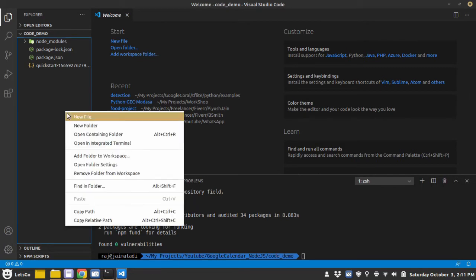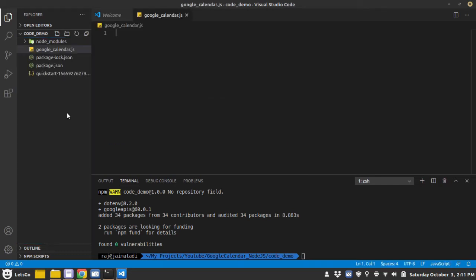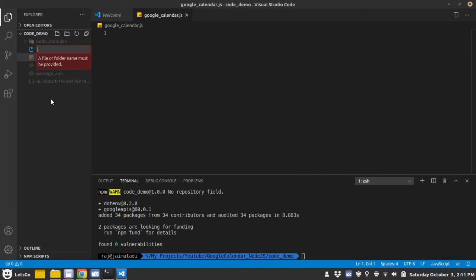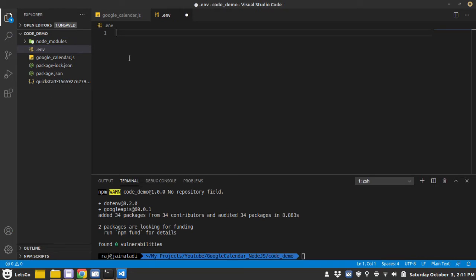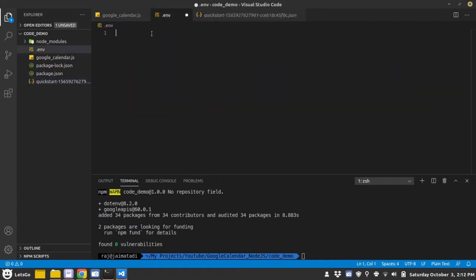I will create a new JavaScript file. Let's say googlecalendar.js. Let's create a .env file to store our confidential information. Let's store the Google service account credential into this .env file.